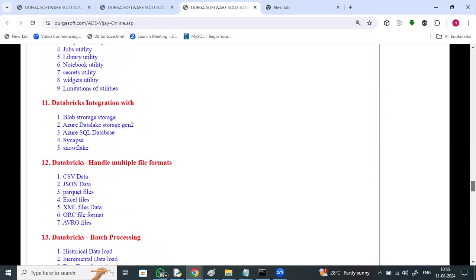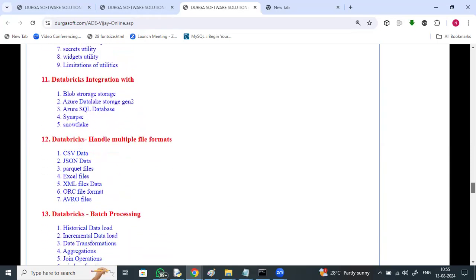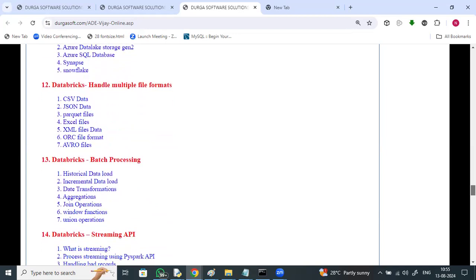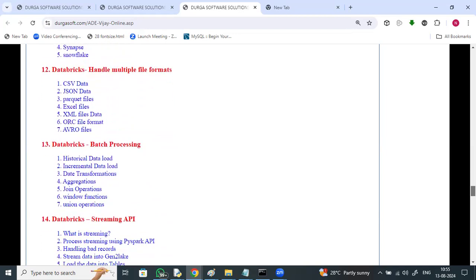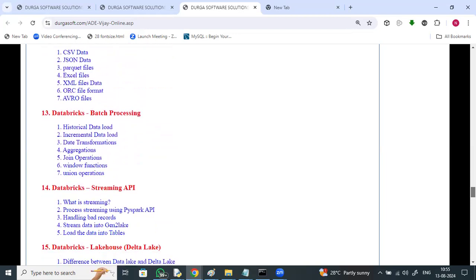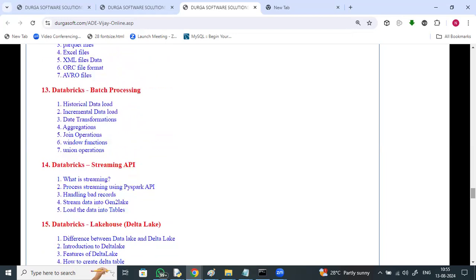Databricks integration with blob storage, Azure Data Lake, Azure Synapse, and Snowflake, and handling multiple file formats: CSV, JSON, Parquet files, Excel files, XML files, ORC files, Avro files. Batch processing for data transformations, incremental data load, historical data load, window functions, union, Databricks streaming API, Databricks Lakehouse, Delta Lake,